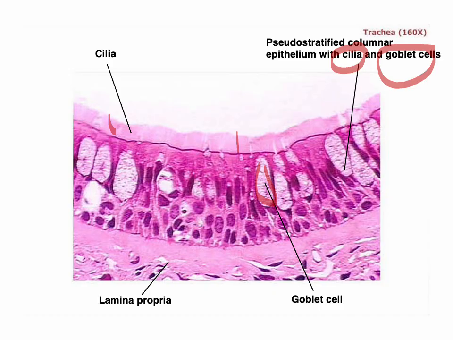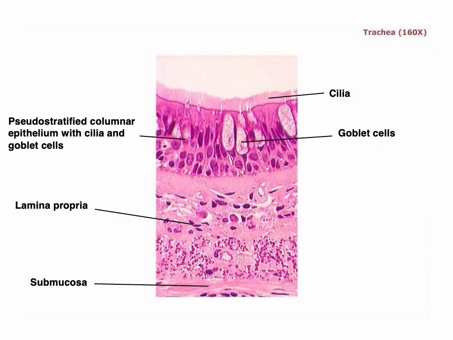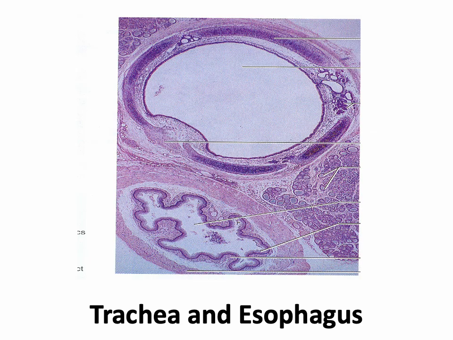What you guys are seeing here is kind of like submucosal area that has lamina propria, connective tissue. Boom. All right, so we have here a mucosa and a submucosa, okay? And then just a tiny bit of the cartilage, okay? We already talked about the epithelium that is going to have what? Pseudostratified columnar epithelium with cilia and goblet cells in order to trap particles, move them away, and take them out of the respiratory system. What you guys are seeing here are pretty important spaces, all right? We are seeing here the lumen, of course, empty space,